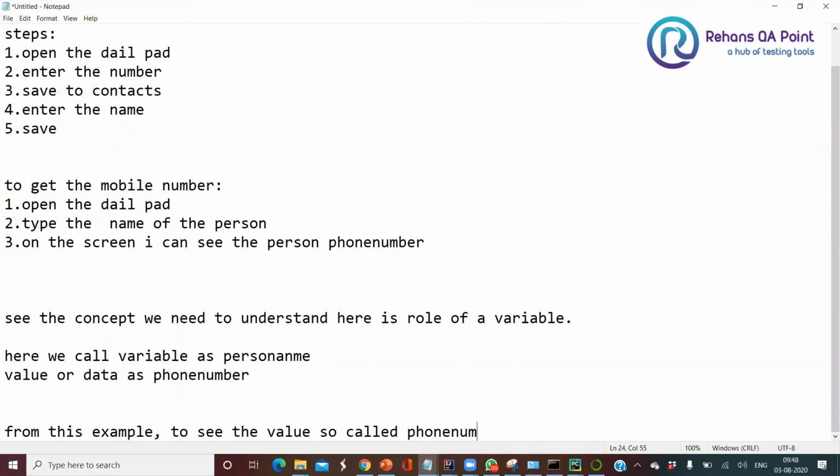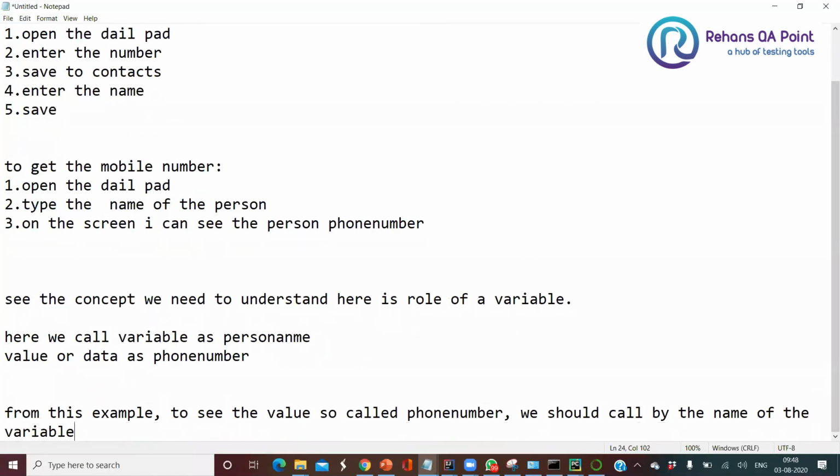to see the value, the so-called phone number, we should call it by the name of the variable, so-called what? Person.